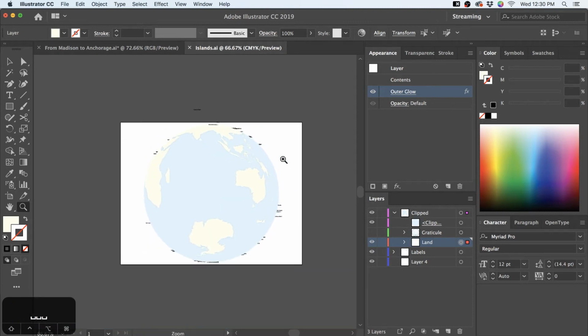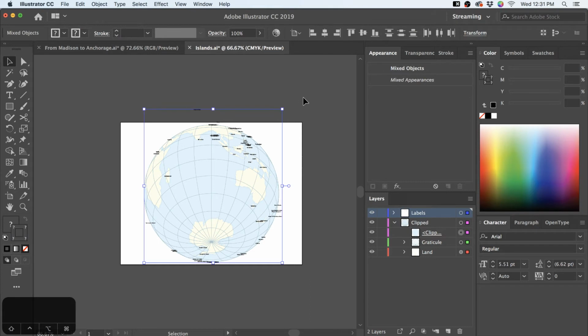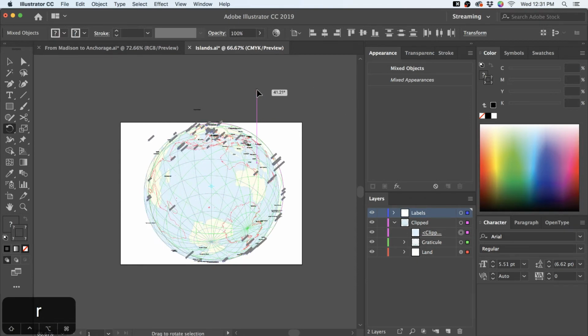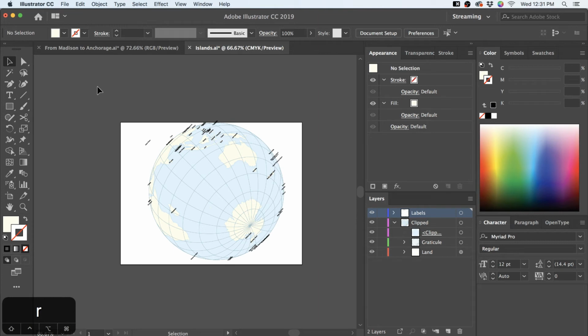As I mentioned before, I kind of don't want the whole world here. So maybe I should focus on cutting that down a little bit. I'm going to move my labels up on top there. My graticule. So let's take everything. I'm just going to Command A, select all. And I've got my edges hidden, so again, you can see all my edges, but I'm just going to hide them here. First off, I want to rotate things. So I'm just going to hit R to go to my rotation tool and go like this, so that we get kind of a more dynamic, interesting perspective. It's not your traditional north-up kind of thing.